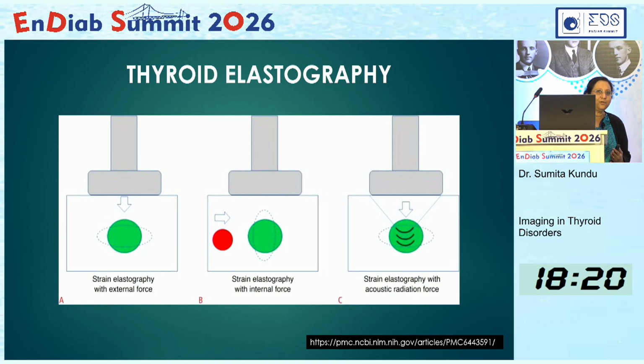Whether it is elastic or whether it is stiff. When there are benign lesions, they have more elasticity, malignant lesions have got more stiffness. We can use the transducer to do it, or we can also look for the adjoining blood vessel to cause a compression on the nodule, or we can give acoustic radiation force so that we can judge what is the